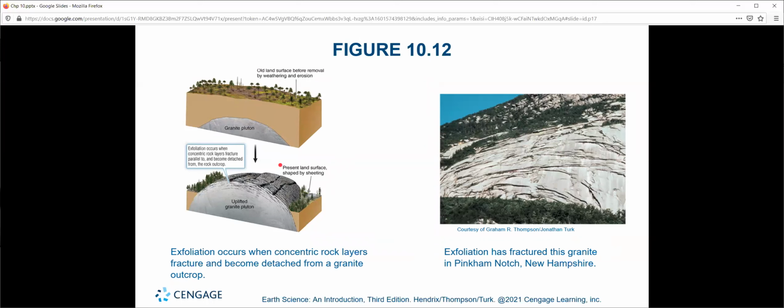Here's a bit more about the exfoliation we talked about earlier, right? Here I told you that granitic pluton, that unused magma from a volcanic activity, has a bunch of sediment placed on it. Over time, that sediment erodes away, and the granite is uplifted as a result, right? Due to tectonic forces. And as that granite uplifts, it's able essentially to breathe, let out the pressure, expand a bit. Once it expands a bit, all those expansions, water can come in, bring in different minerals, create clays in between them, what have you, and yeah, sheet out essentially.